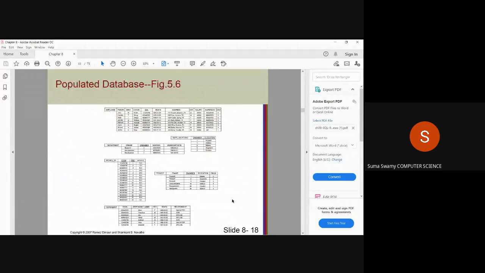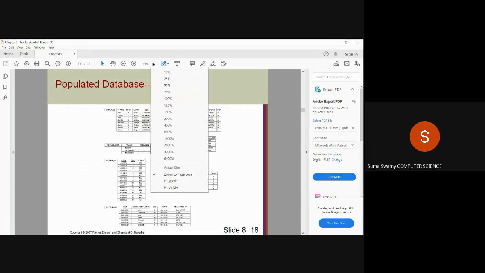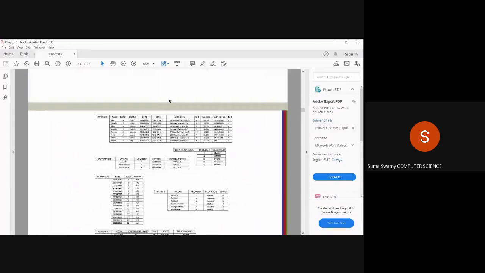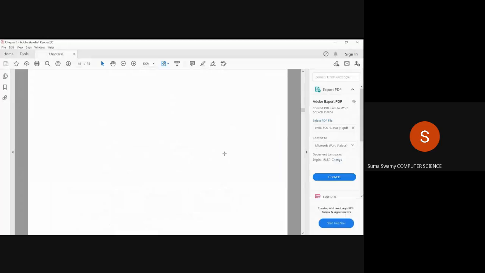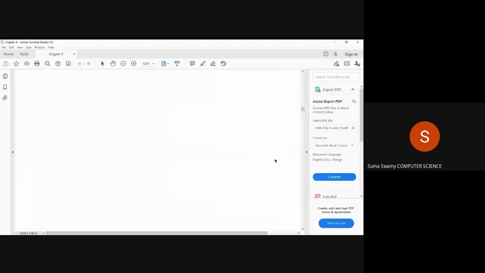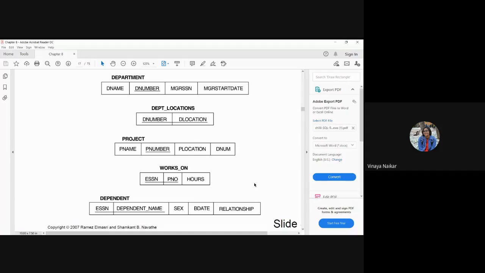See here, I have the data values. I will just zoom it. Are you able to see the values? No, ma'am. Is the schema visible?